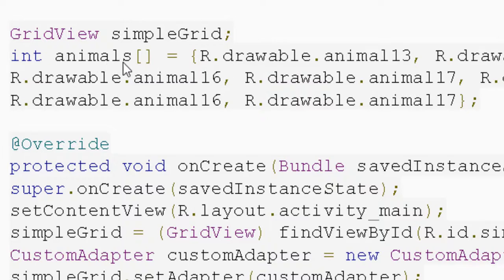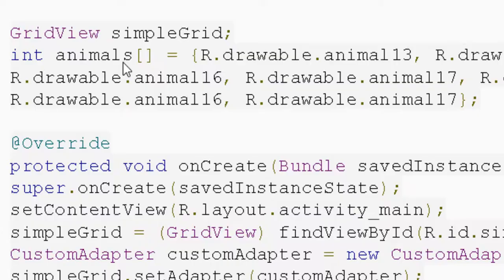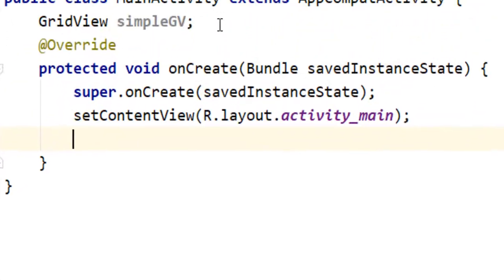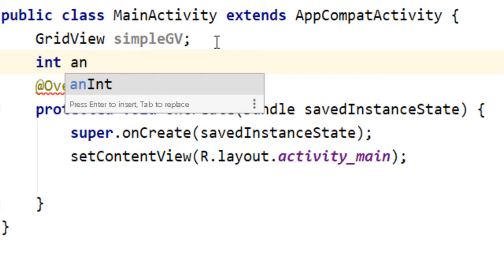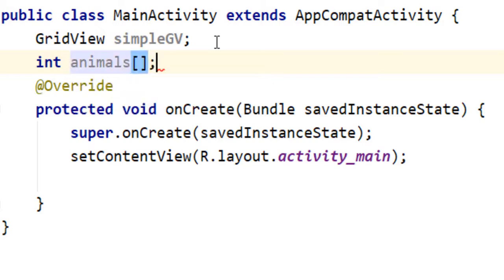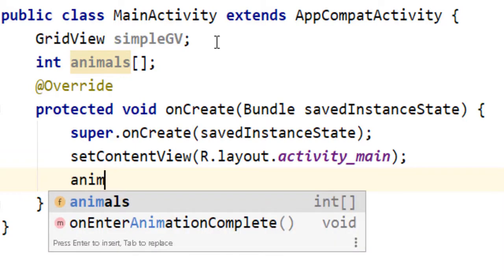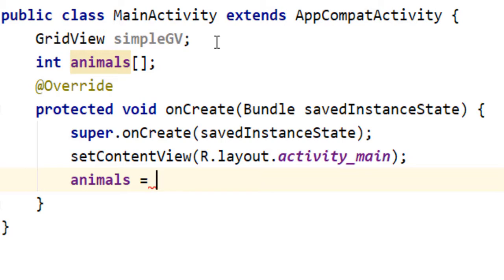Let me give you a small idea. If you don't have any images, then what you can do. So let us define an integer array. I am going to define int, and then after that I am going to define the name of the array, that is animals. Now I am going to define the animals array with initialization purpose.